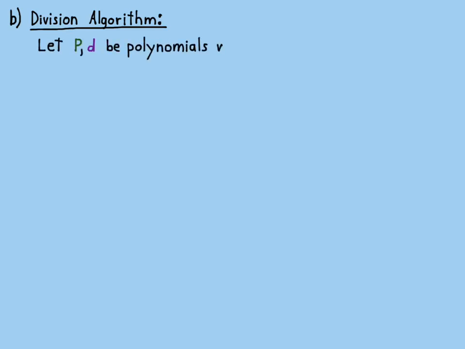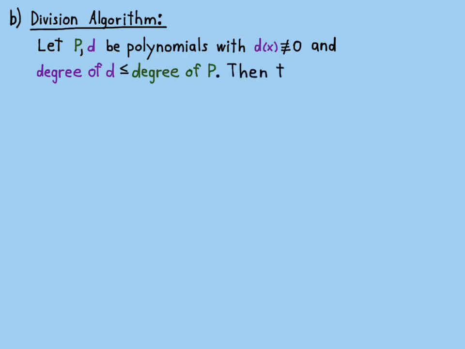So let P and D be polynomials with d of x not identically 0. What does that mean? That means that there's at least one value of x where d of x isn't 0. So it's not the function y equals 0, because we're going to divide by it, so we don't want to divide by 0, right? And the degree of d less than or equal to the degree of p,